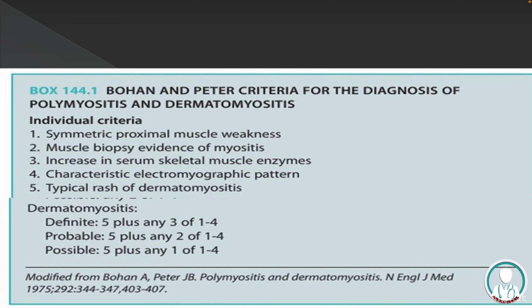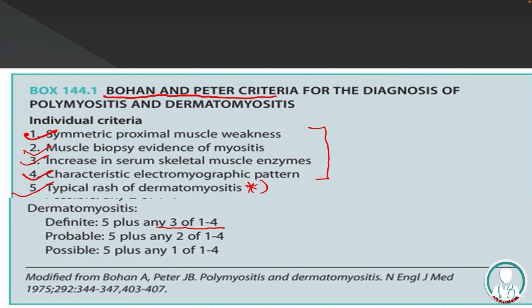The criteria for the diagnosis of dermatomyositis is Bohan and Peter criteria. The individual criteria are symmetric proximal muscle weakness, muscle biopsy evidence of myositis, increase in serum skeletal muscle enzymes, characteristic electromyographic pattern, and typical rash of dermatomyositis. For the definite diagnosis of dermatomyositis, the typical rash of dermatomyositis is a must, along with any three of the findings from the